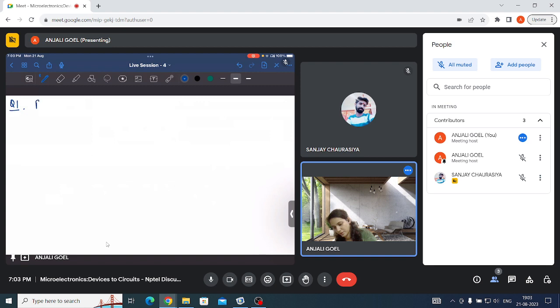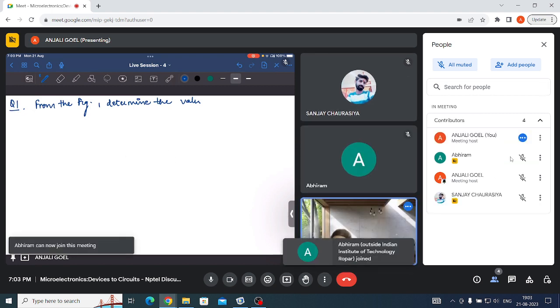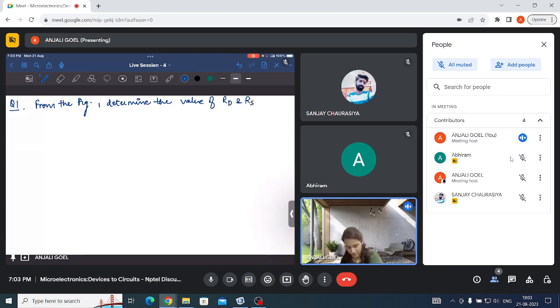From the figure, determine the value of RD and RS,